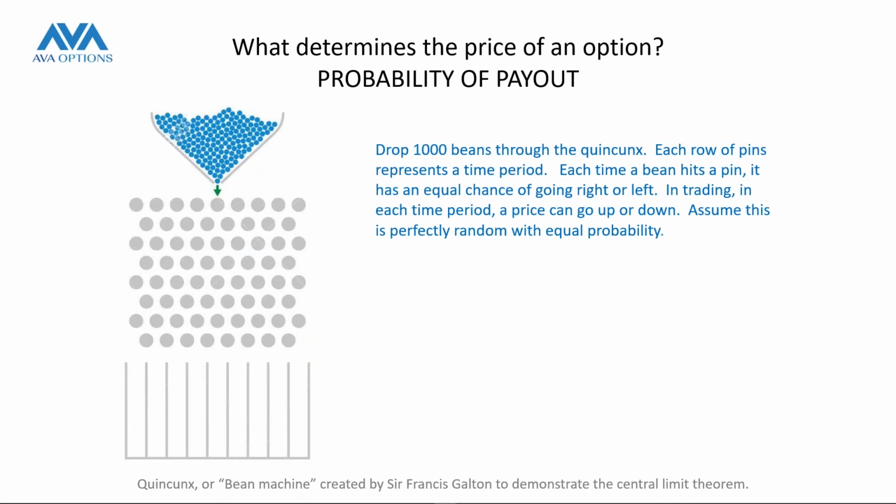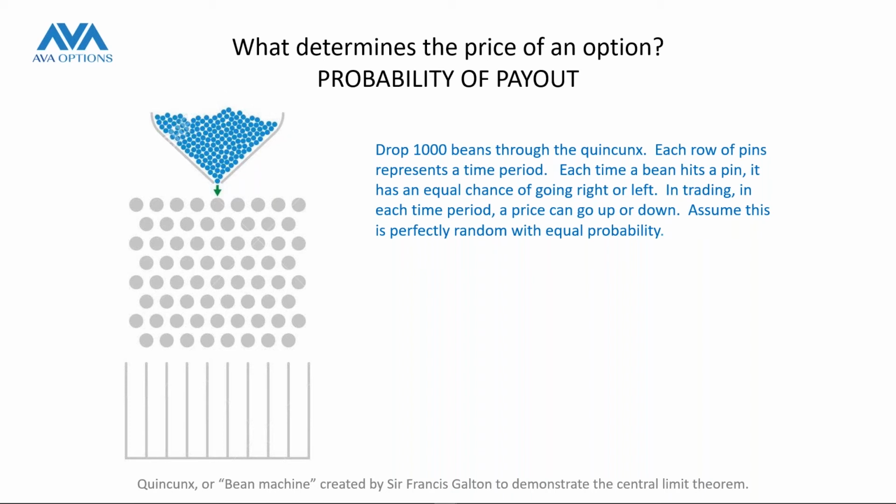So you might ask, what determines the value of an option? What's the right price for an option? How do I think about the valuation of an option? So I'm going to show you something that was developed for this purpose, for helping you to understand and really just see the value of an option. Developed by Sir Francis Galton, I think sometime in the 1800s, it's called a bean counter or a quincunx, which is a tough word to know.